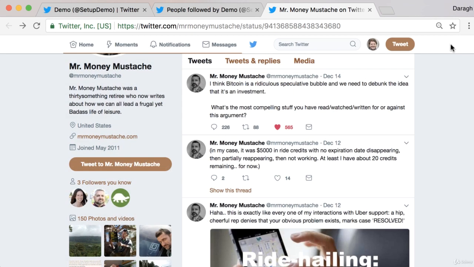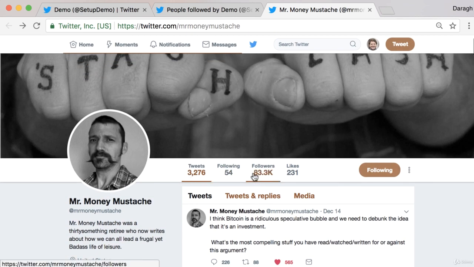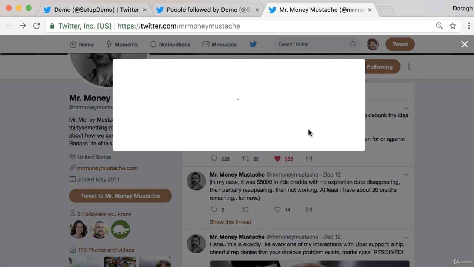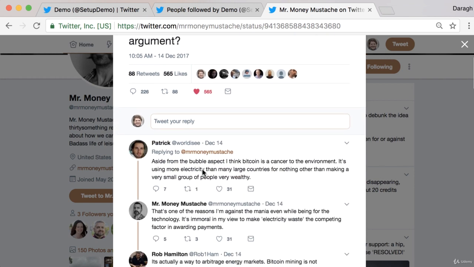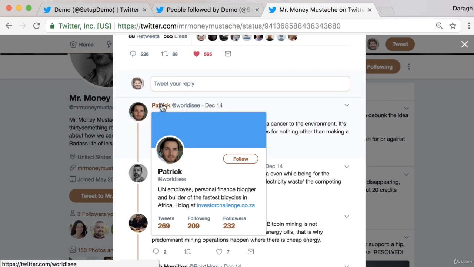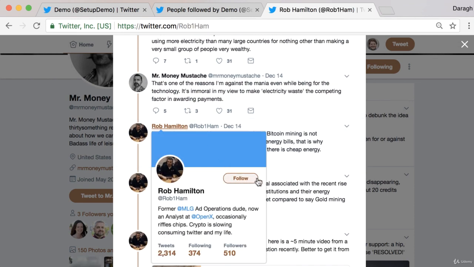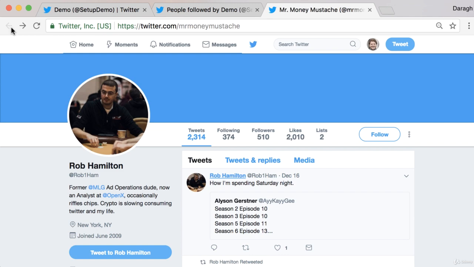Now they might have a lot of followers on their profile, but not everybody is going to engage. And so as a new Twitter profile, you really want to focus and try and build a relationship with those people who are engaged. So if you click on a post, you can actually see anybody who's commented on the post, and you can begin to follow them, and you can just keep moving down. So you know these people are quite engaged,